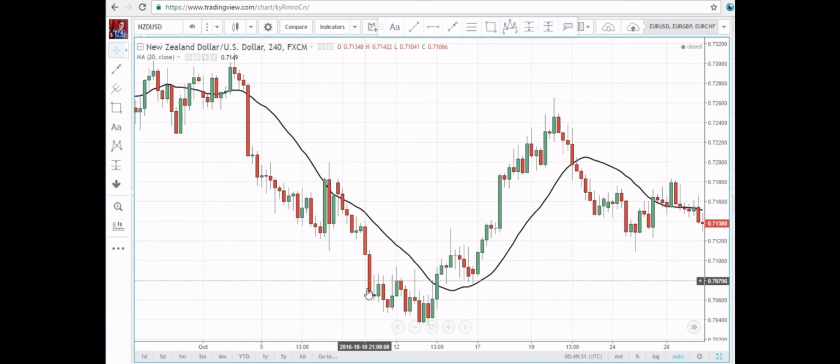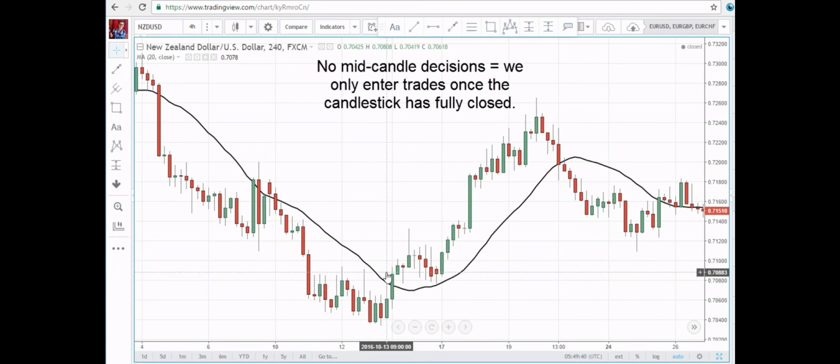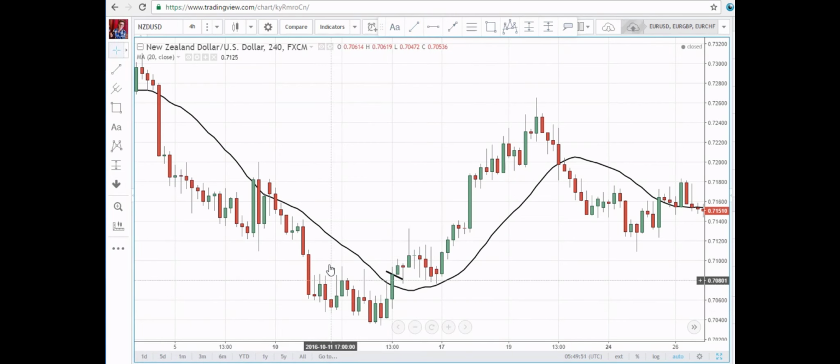So you can see we keep trending lower. We have another double bottom here. You can see we try to break the moving average here in that case with the wick. And if you remember, we don't do mid-candle decisions. We always wait for a complete close above the moving average, which happened one candle later. And that will already save you a lot of trouble if you just wait for the full candle close above